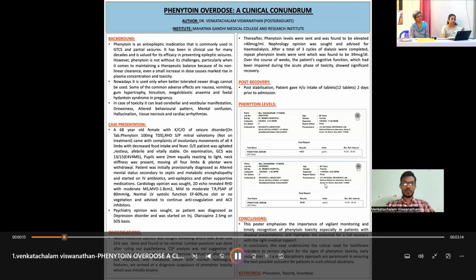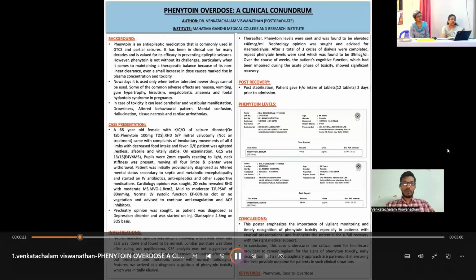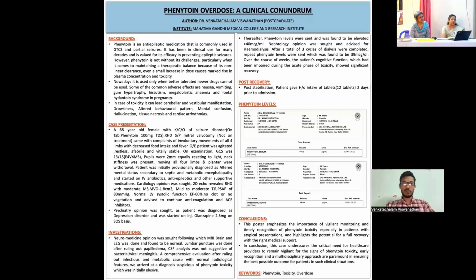Coming to the background, parenteral medication that is common in DPC and partial details. This is going to be convenient, but however, when it comes to using the therapeutic tools, because of non-linear kinetics, small changes can cause marked rises in plasma concentration and toxicity. Nowadays, this is only used whenever the new drugs are not tolerated. Some of the common effects of Phenytoin are nausea, vomiting, hypertrophy, hypertension, and fetal hydantoin syndrome in pregnancy. In case of toxicity, it can lead to cerebellar and vestibular manifestations, toxicity, behavior pattern, mental conflict,